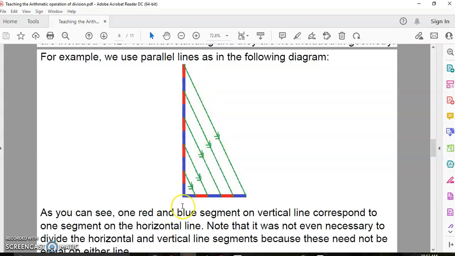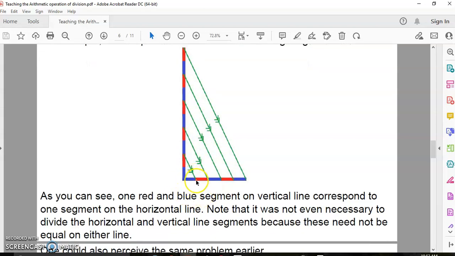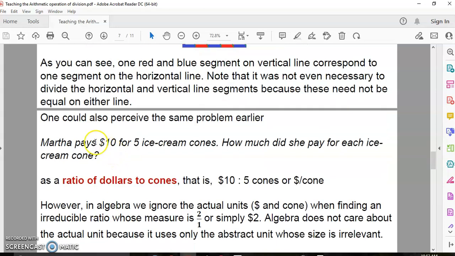And of course, in algebra, we need to divide these into equal segments, but it doesn't matter in geometry, okay? And why do we need to do that in algebra? Because we need the measure of these ratios. And of course, this one here is the irreducible ratio. So as you can see,